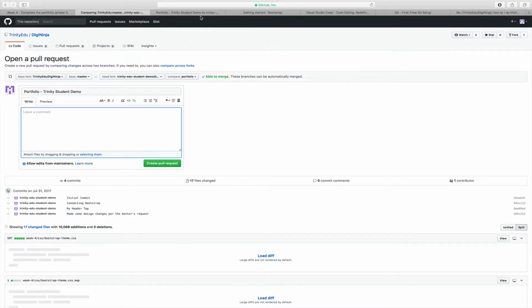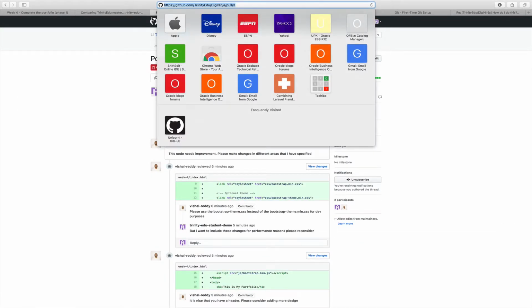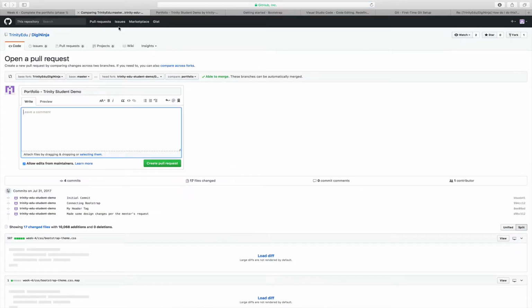Creating a pull request. And you know what? This time I'd like to reference the old one. So I'm going to copy the URL of the old pull request and say, making changes on top of this. Added the design changes per. And what I can do in GitHub, interesting, I can use the @ sign, and then it'll automatically prompt me who I want to reference. Maybe I want to reference the actual mentor who actually graded this initially, right? So I create this pull request,